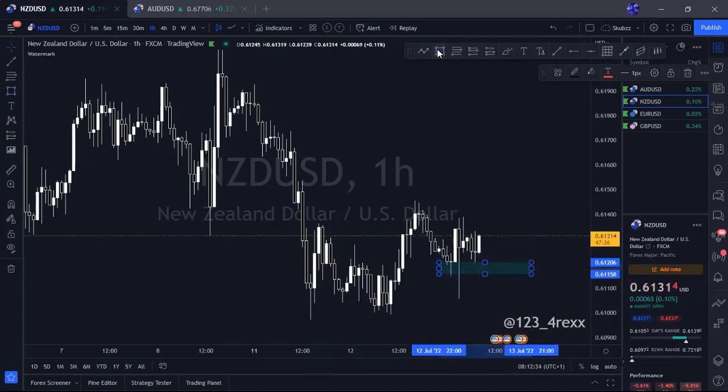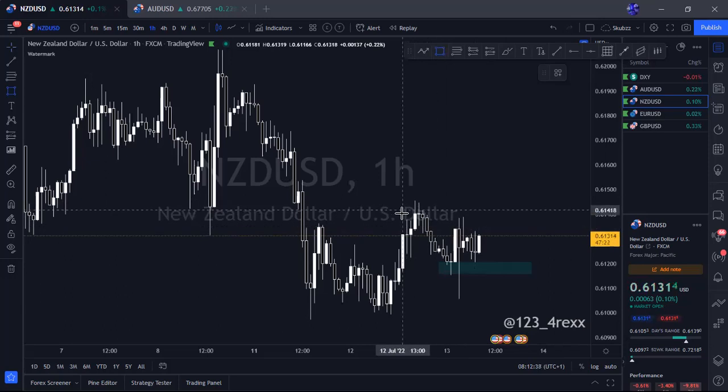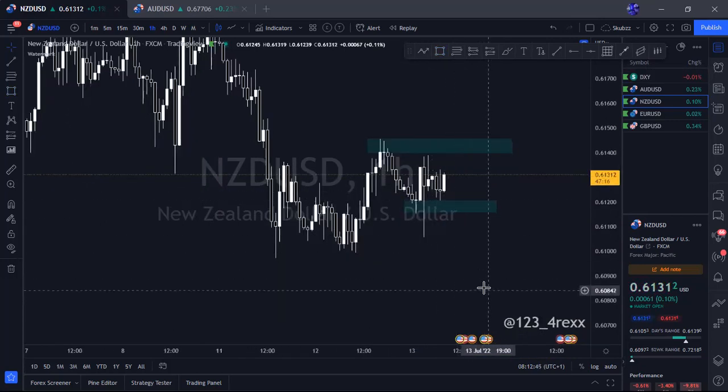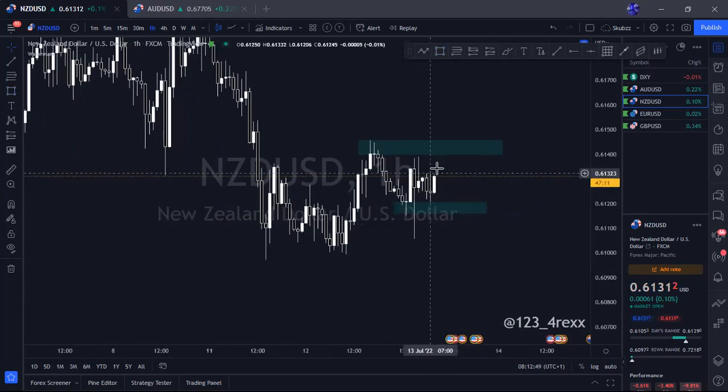So what I'll just be hoping for is the break of structure to the upside, fingers crossed. If I see that break of structure to the upside, then that's when I'll be reacting. But to the downside, I would like to see price clear all these levels first. That's basically what I'll be looking out for. So for now, I'll just be sitting out on NZD until I see maybe a break of structure to the upside. That's when I'm going to react.